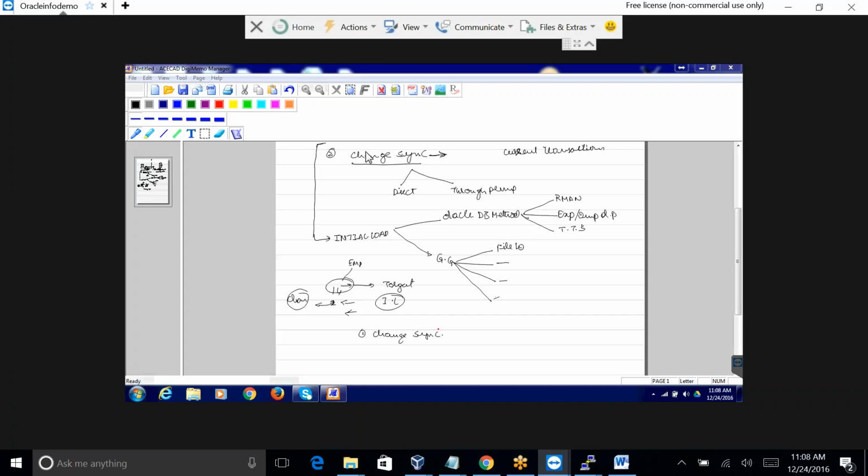What change synchronization does is start capturing the current transactions, whatever is happening. For example, we configured the change synchronization, and the second point is to start the extract